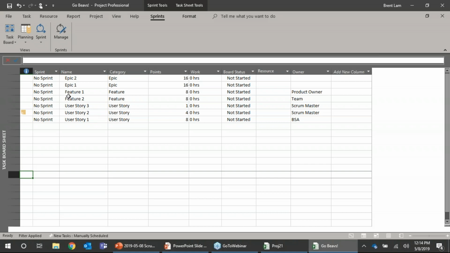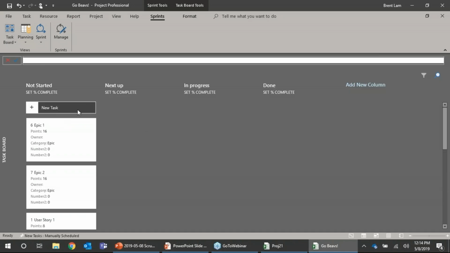Now, I like this view only in the task board, this backlog view. For this area, just be careful, because this area here is your backlog. If you start moving your stories or your cards across here, it's going to affect your sprint setup, okay? So what I like to tell our teams is that you use this view as a dashboard,